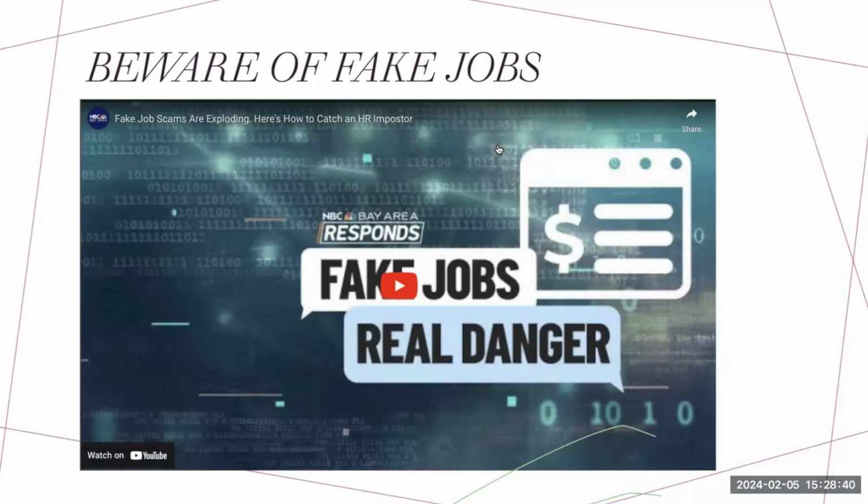Now, I found this news clip. I wanted to show you all this because when we're talking about job searches, I'm just going off of my own experience. I'm not an expert, and I wonder if there's anybody who's a really big expert for looking for jobs. But I did want to warn you all about fake job postings because they're actually getting more prolific. More and more people are posting fake jobs, and this is a 4-minute news clip about this. So I just wanted to say buyer beware. I want you to know about this before you go in and apply to every job you see.